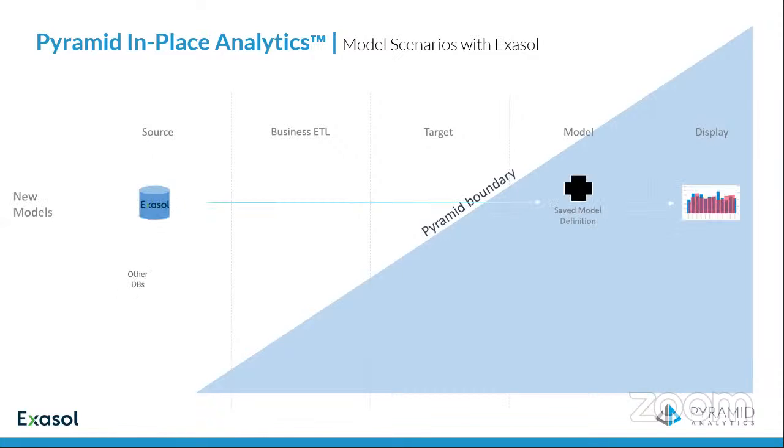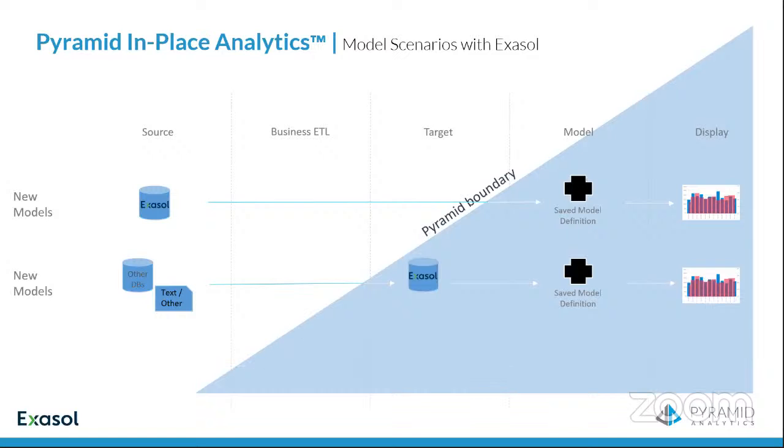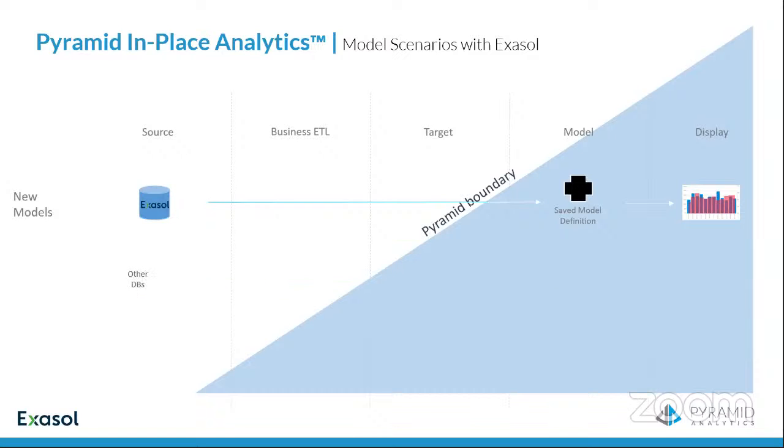The second option is what we would call a new model, where I want to combine multiple data stores. Most of the desktop analytic tools you see today on the market allow you to do this kind of data mashup, but invariably you'll need to keep the results of that mashup within their own proprietary engines. In Pyramid, I can choose where I want to write that data mashup. In this case, obviously, we're writing it back into Exasol. Alongside that, Pyramid will generate the model definition for that data in Exasol, and again, I can start consuming it and interacting with it as I see fit.